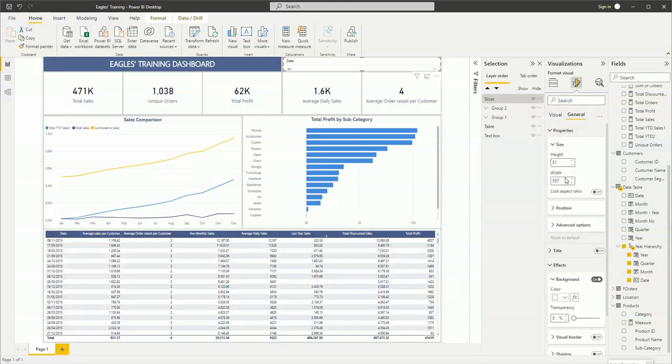What is the width of this? 557. So 557 divided by 2. So I will have to divide that. 557 divided by 2, 278. So let me make this 278 or 277. All right. Yes, 277, so that the other guy,